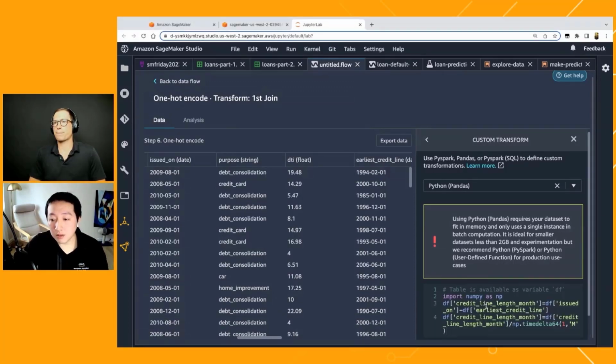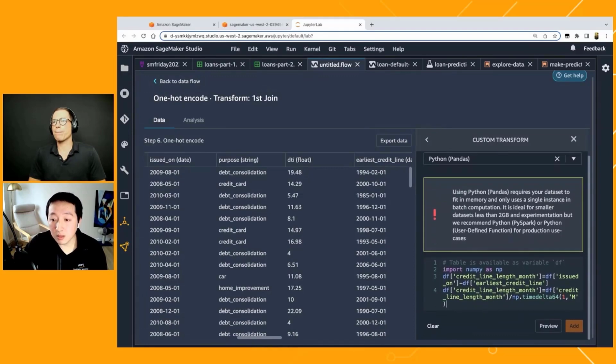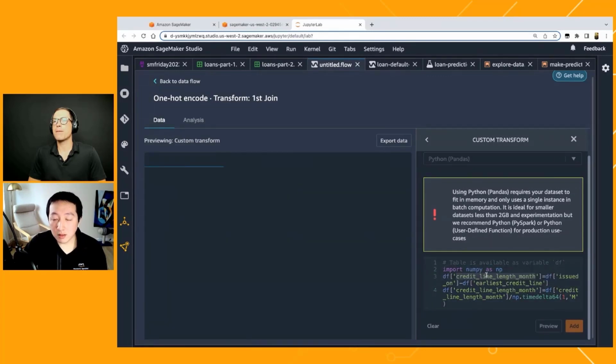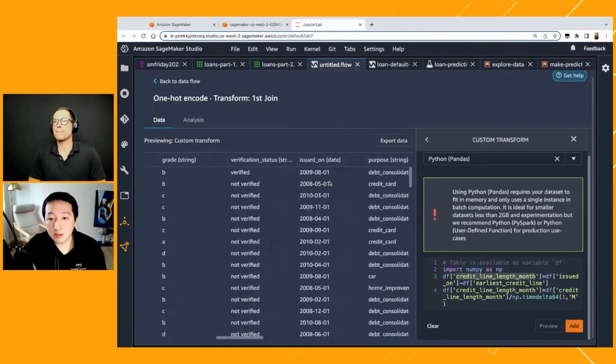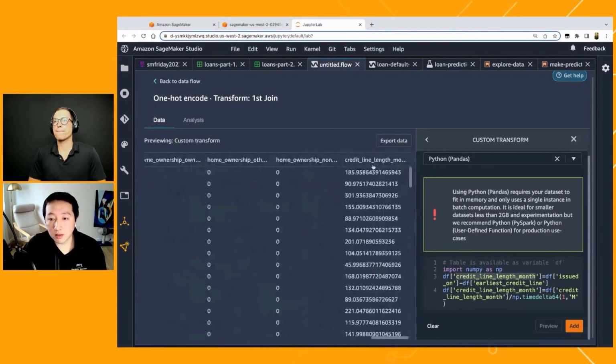So here we can put in custom code to calculate the credit line history in months, right? We can calculate new features using these custom transformations that will perhaps provide more information than just these 2 timestamps. So on the right side, we have the new feature, which encodes the length of the credit history in months.